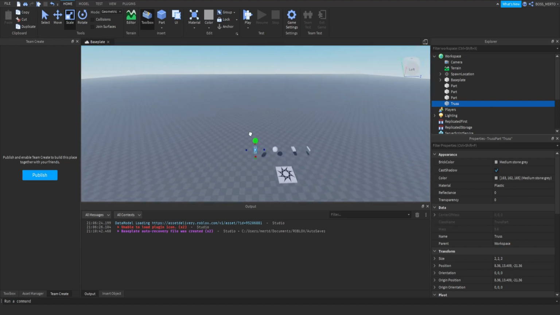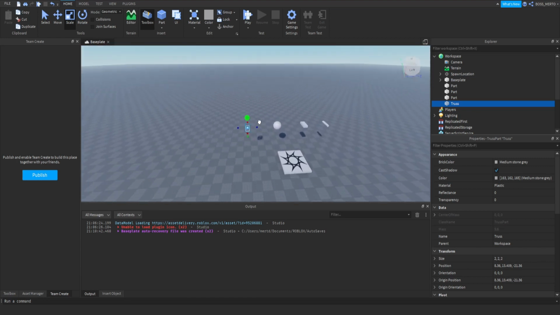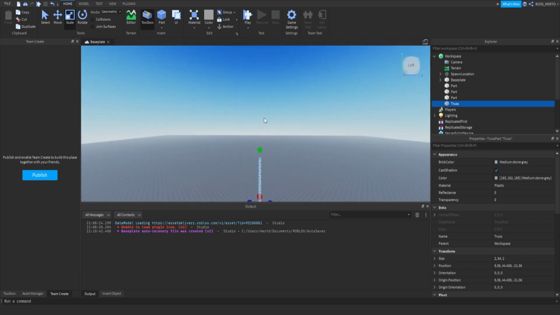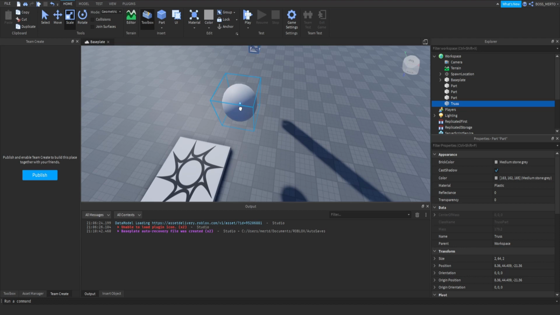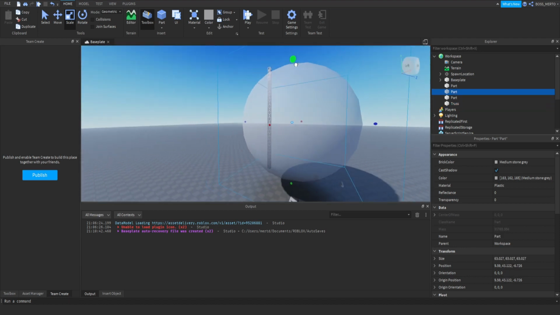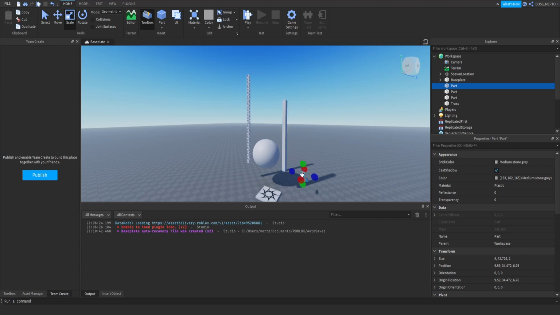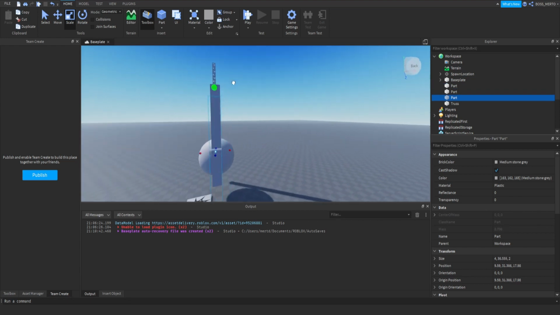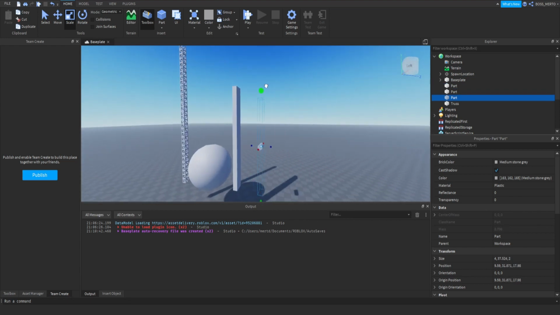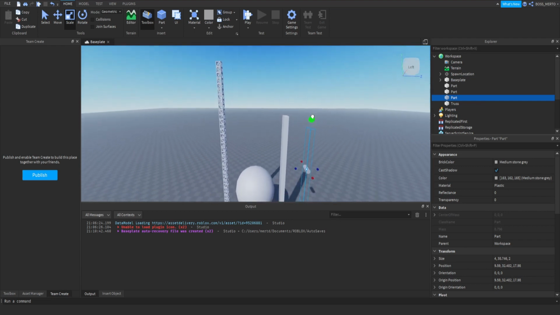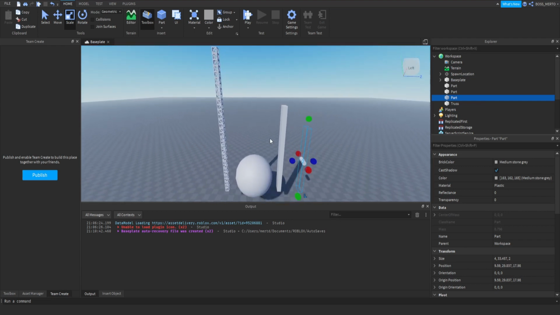And here comes the difference. If you size this thing up, then it changes, as you can see. But the same does not apply to your shapes right here. They are still parts, but they do not differ in